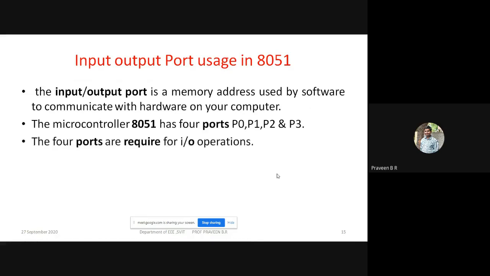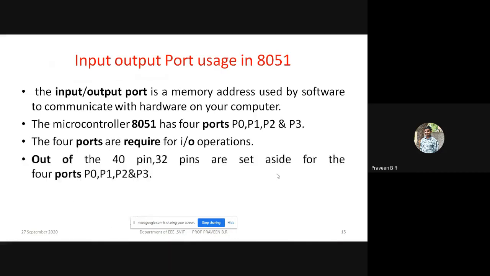The four ports are used for both input operation as well as output operation. The microcontroller is a 40-pin IC. Out of these 40 pins, 32 pins are set aside only for these ports,